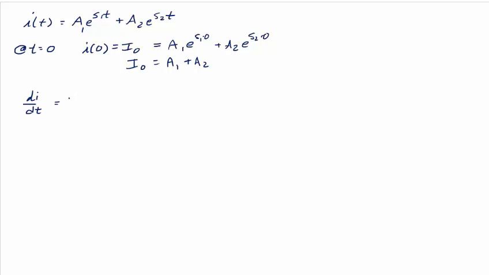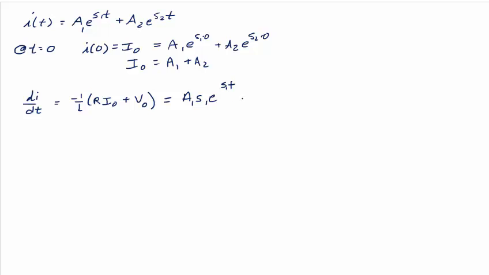So that was minus 1 over L times R I0 plus V0, which equals, taking the derivative right here, we get A1 S1 e to the S1t